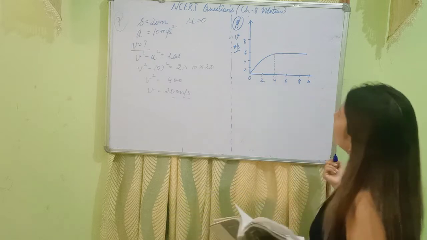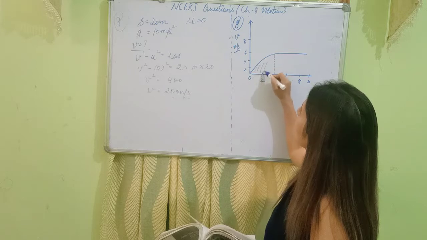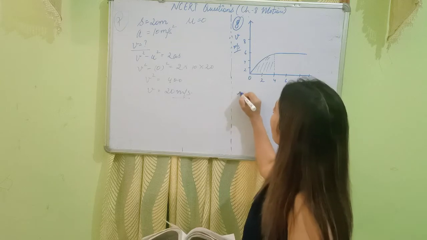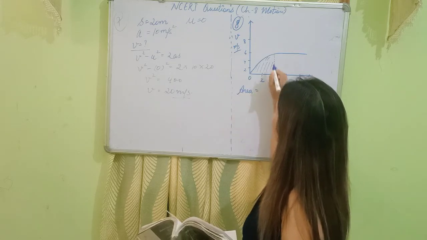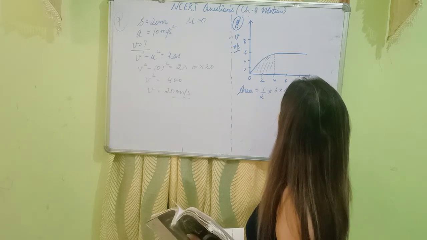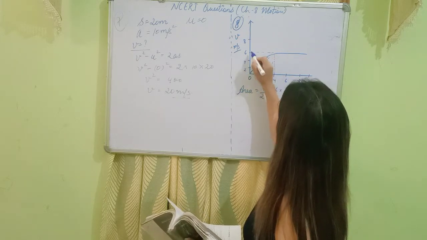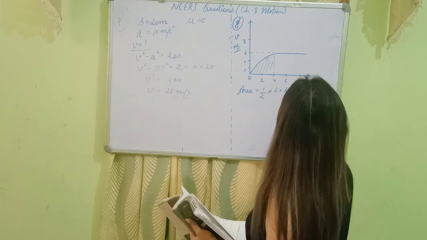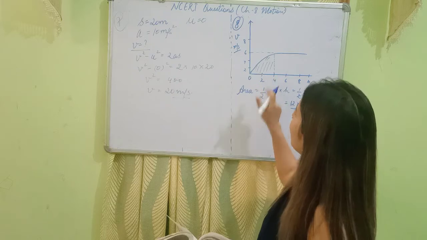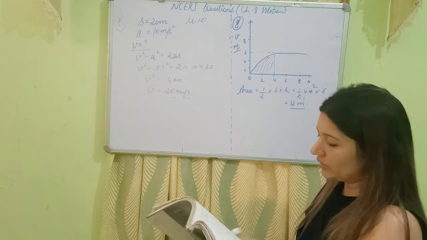Now you need to calculate the distance traveled in this interval. So distance traveled is again the area under this curve and the time axis. Area under this curve and the time axis is again a triangle. So this will be half into base into height. What is base? 4. What is height? Height is 6. Half into 4 into 6, this will come out to be 12 meter. But you need to calculate the distance during this time interval t is equal to 0 to t is equal to 4.